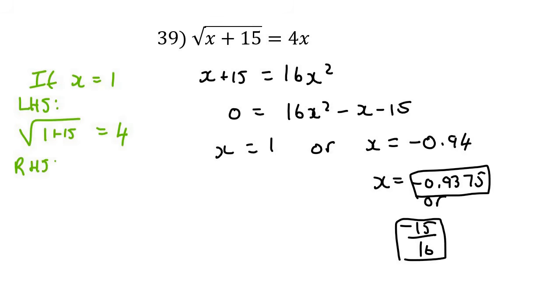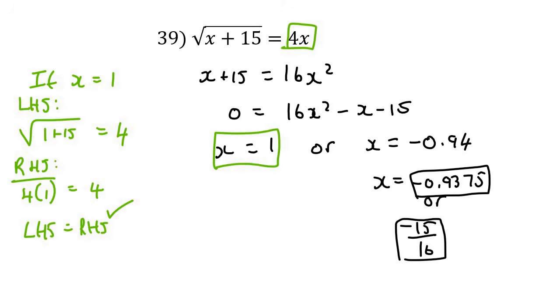Now if we look at the right hand side, it's going to be this part, which is 4, multiplied by x, which is 1, and that equals 4. So the left hand side is the same as the right hand side, and so this answer works. This one works nicely. Now let's go check the other one. So let's do it here. If x equals